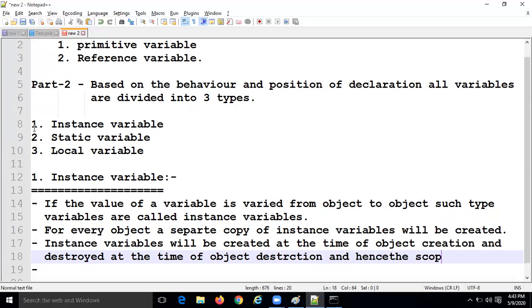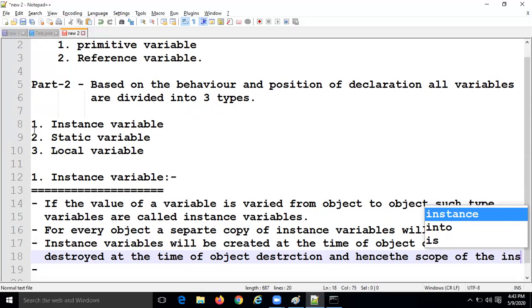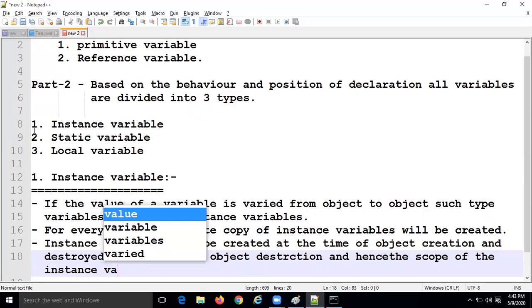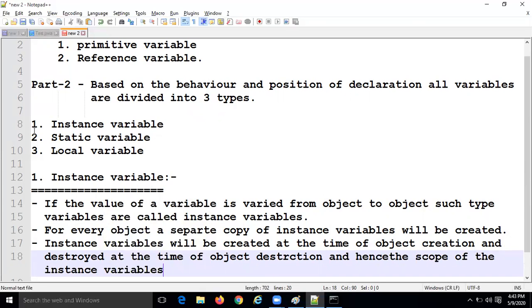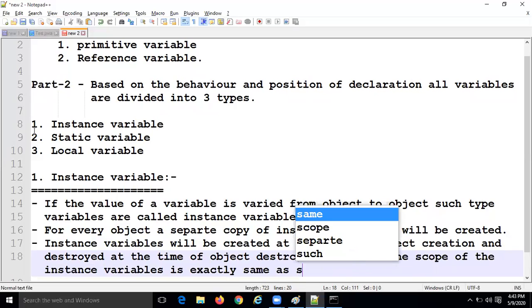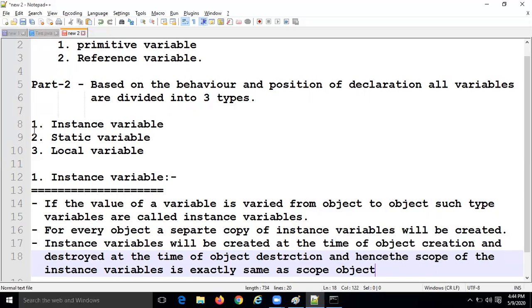The scope of the instance variables is exactly the same as the scope of the object. Clear?